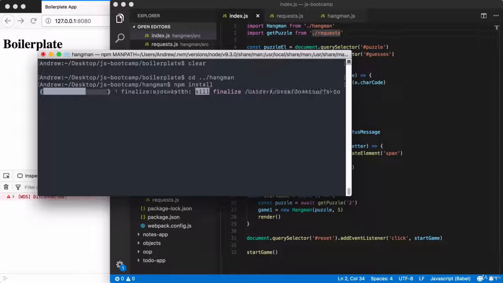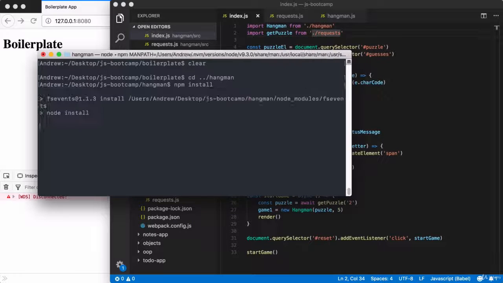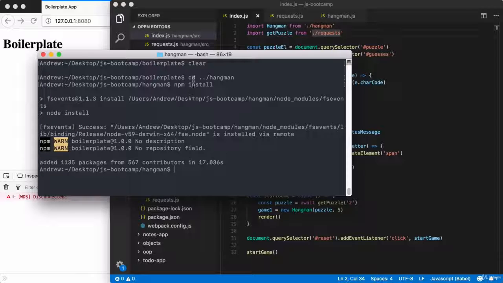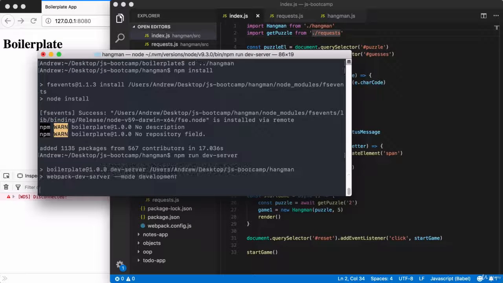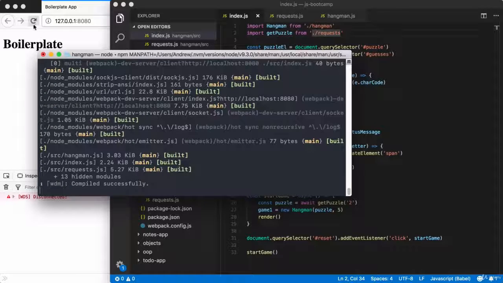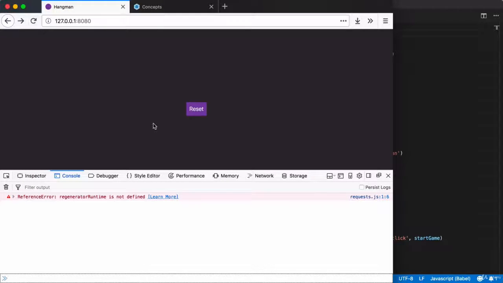We're also going to deploy the production version live to the web so we can make sure that side of things is working as well. All right, it looks like we're almost done. Things are now up and running. Let's go ahead and use npm run dev-server to actually start up the development server. Once it's up, we should be able to refresh things in the background and actually see the Hangman